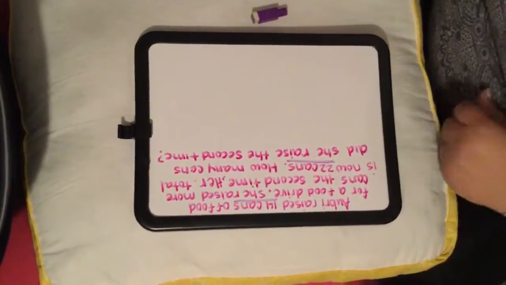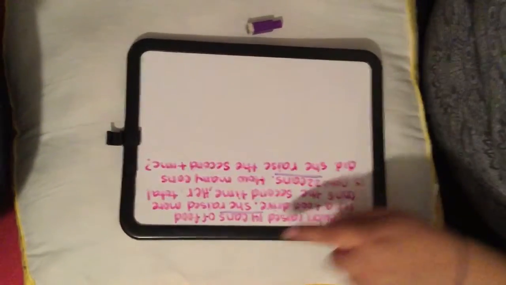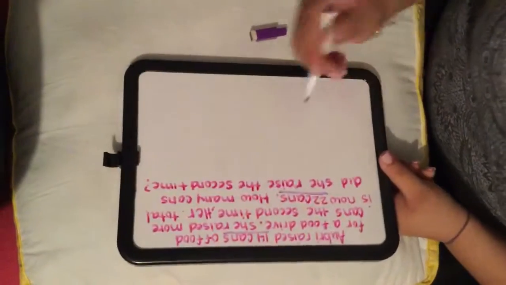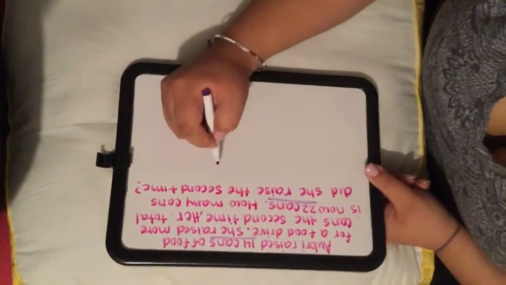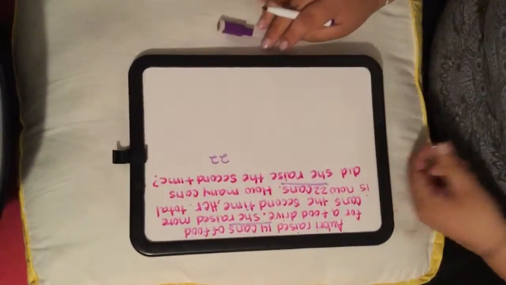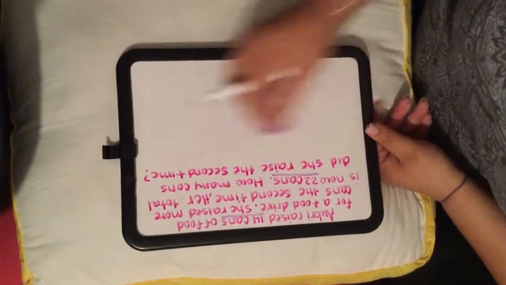So now we're going to see how many cans she had. This is the total of cans she had in all. So what we're going to do is regroup. We're going to go ahead and subtract. So a misconception is what I just showed you. Let's go back. A misconception is